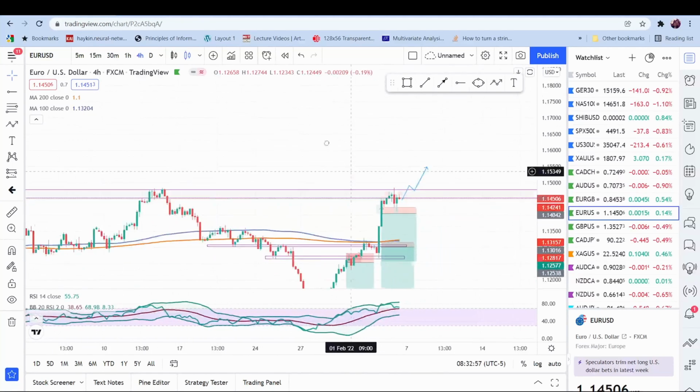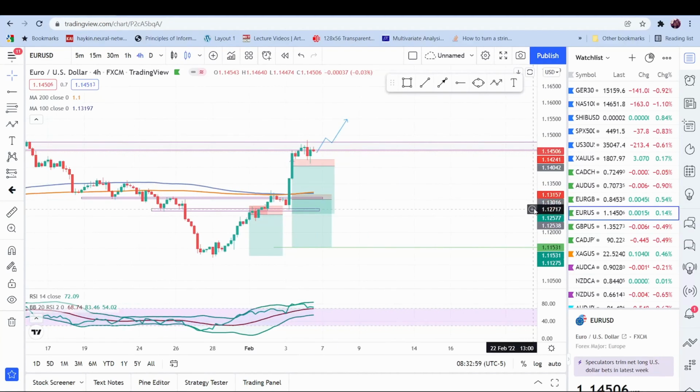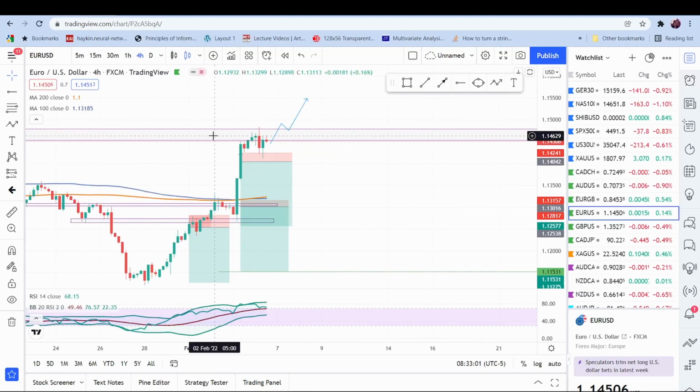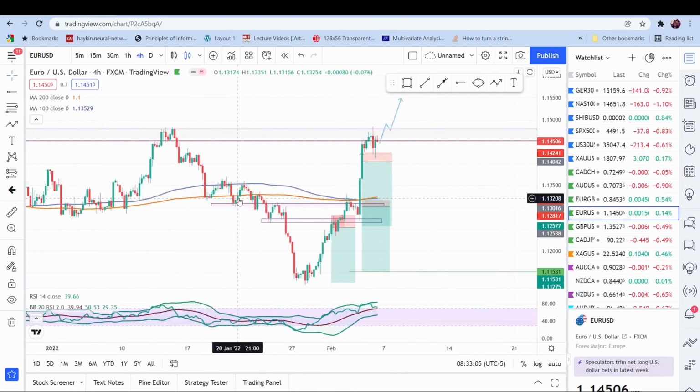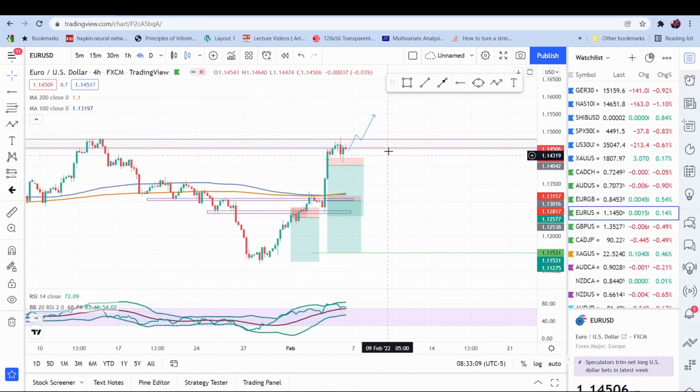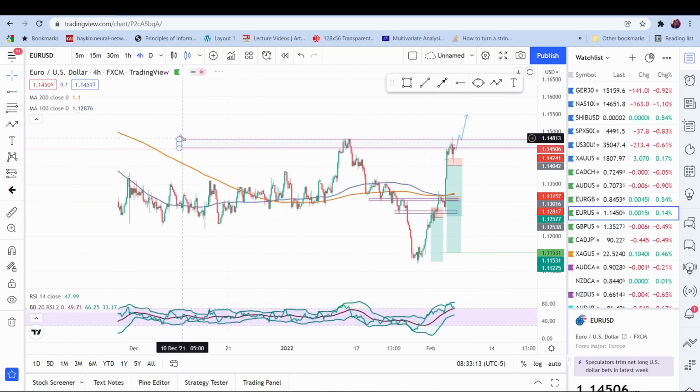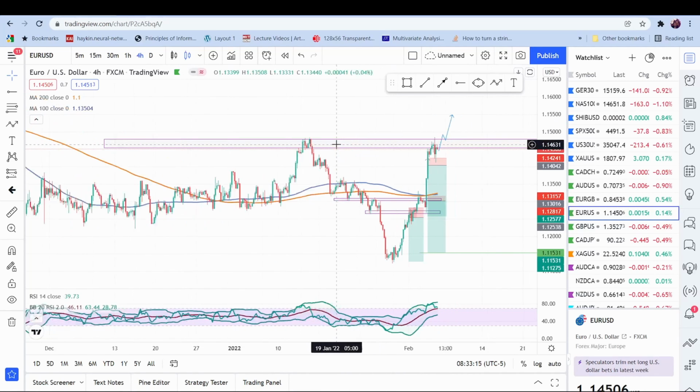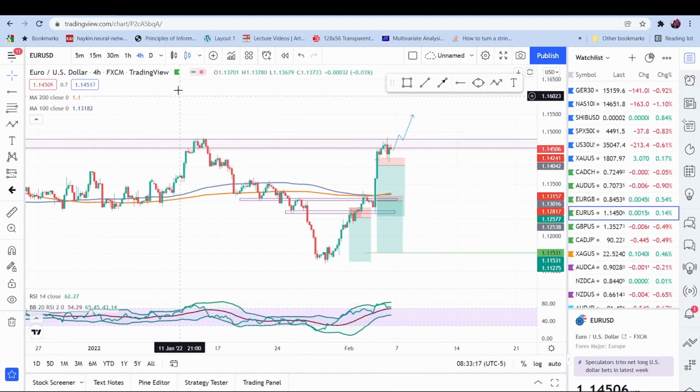possible continuation higher if the momentum and volume is there, right? But again, overall, what I'm looking to see, what is something more likely to happen, is that investors just start taking their profits right into this level, right? We are not the only ones that will be seeing this as a resistance area on the daily or weekly, but also investors,